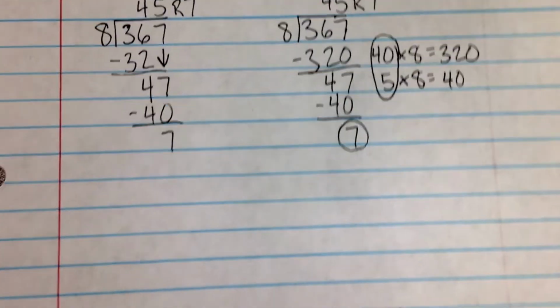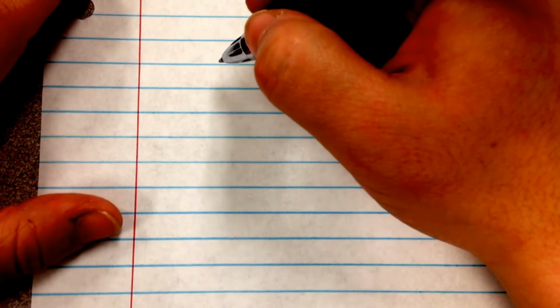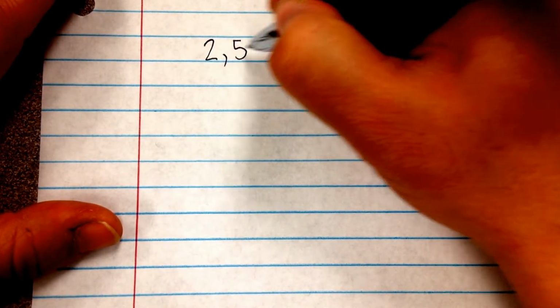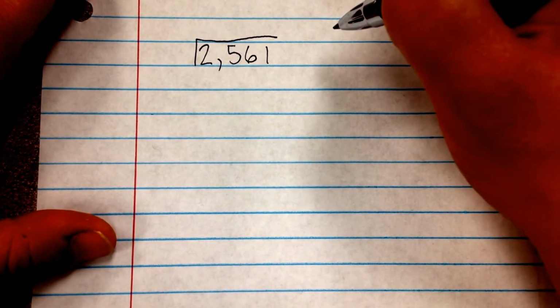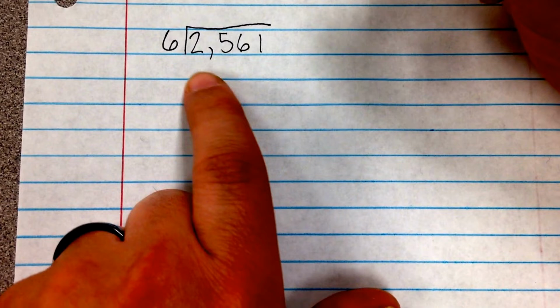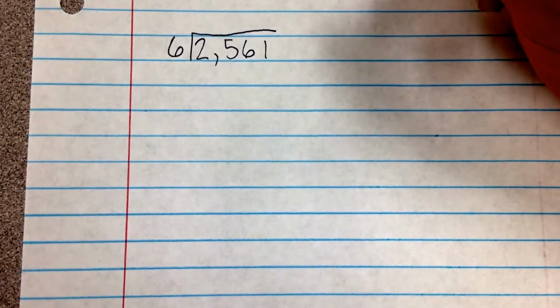Let's do a couple more examples just to help out here. How about, again, I'm making this up off the top of my head. Well, let's do a bigger number. Let's do a number in the thousands, because our 4th graders do have to be able to divide a 4-digit number by a 1-digit number. So let's take something like 2,561 divided by 6. So if I have 2,561 and I want to share it in 6 equal groups, I